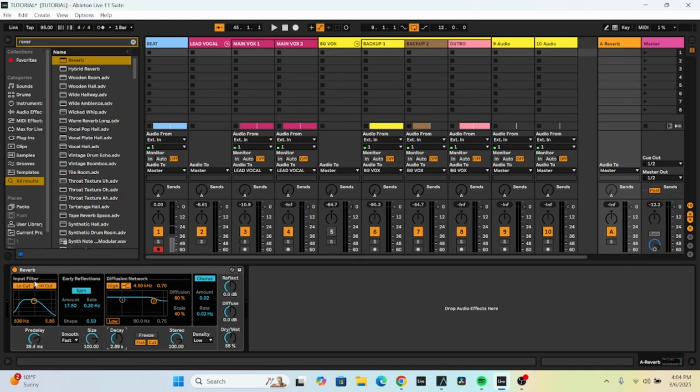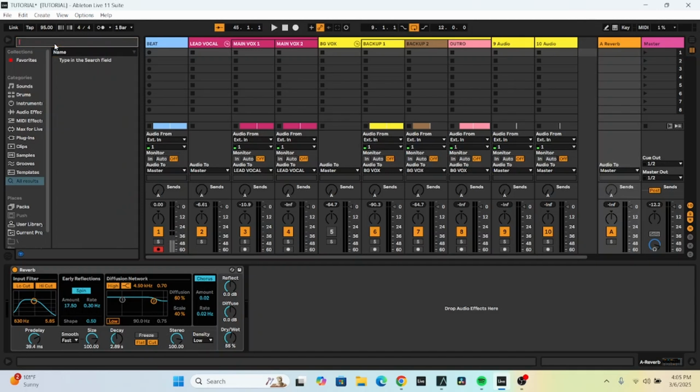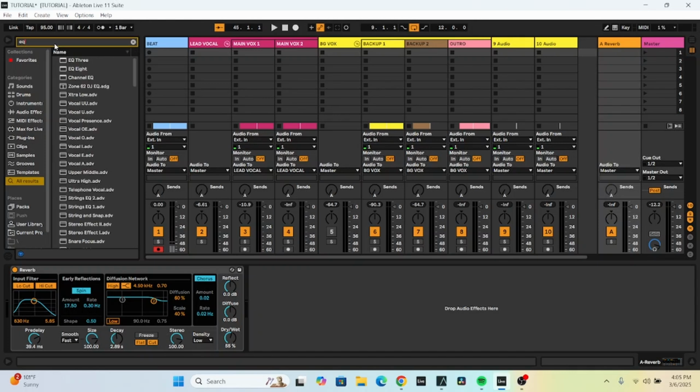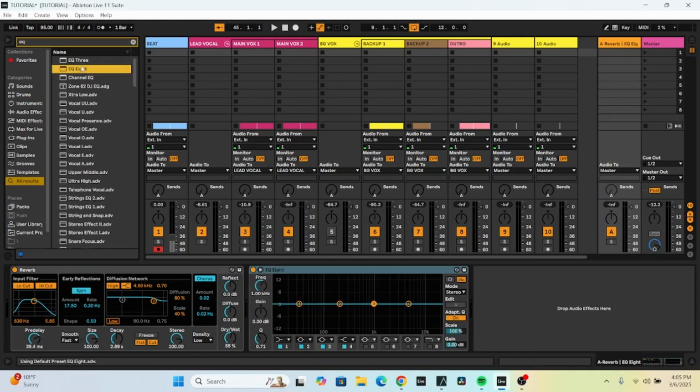So let's go back to this filter. Basically, applying an EQ to your reverb is important to clean up muddiness. Same reason why we apply EQ directly to our vocals, right? Or to our mix. Let's click on Ableton's EQ right now, EQ 8. On your reverb, you might want to apply an EQ. Although this one already has an EQ, so we are going to be deleting this. But for the purpose of explaining and for you understanding,